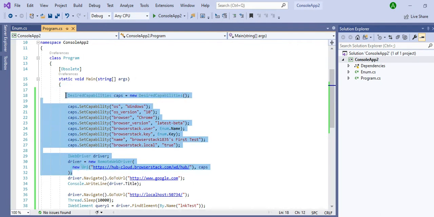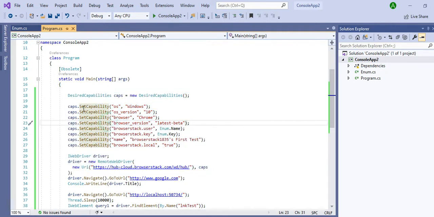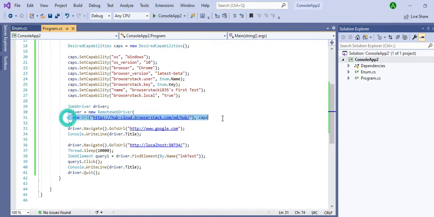This is the basic configuration. You have to tell BrowserStack what OS version and what browser version you are using for testing your application. Like I mentioned, Windows 10, Chrome, latest, meaning whichever is the latest Chrome version, it will pick automatically the beta version. And username and key, you will get while you set up BrowserStack. I set local to true, so I have enabled local as true. Now this particular line will connect your local host application to the BrowserStack server.